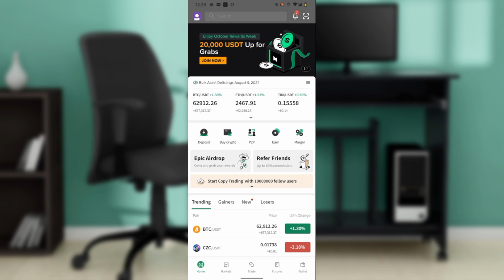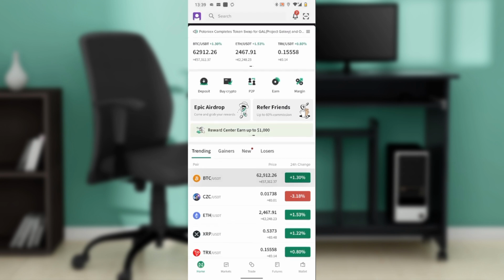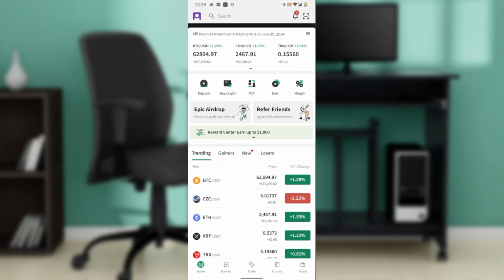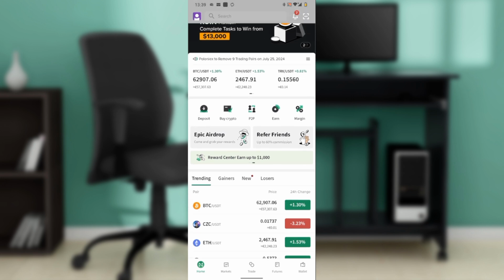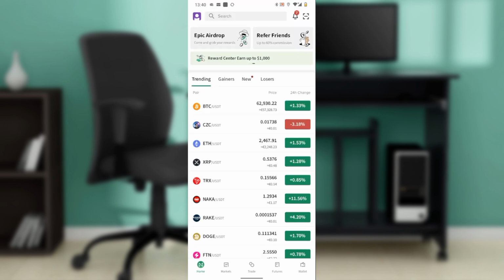Then from the home screen, go ahead and check for the option where it says trending, gainers, new, and losers. Now you see that under it you have automatic pairs for you that you can definitely select from BTC, ETC, and ETH/USDT, XRP/USDT. So you can just go ahead and click on view more to view more options from this drop down menu. So go ahead and tap on any of the markets that you want to combine for quick sell. So this is